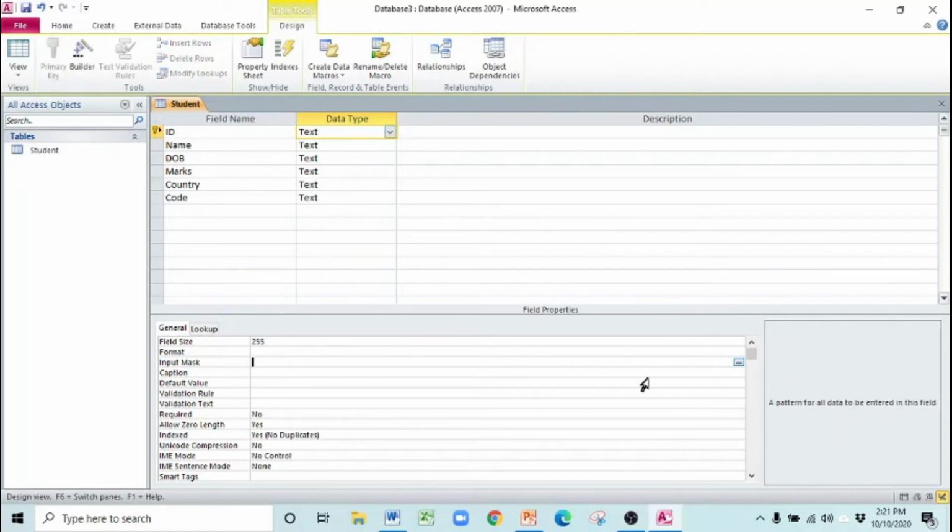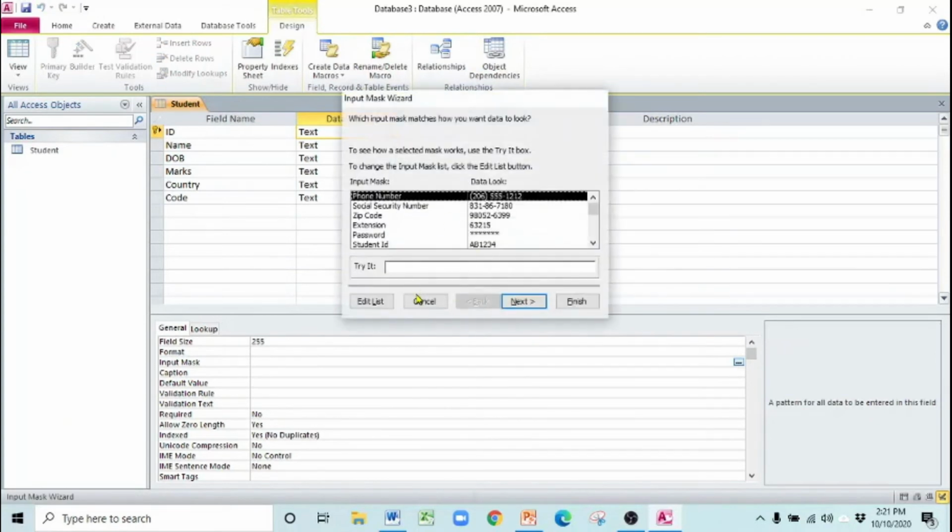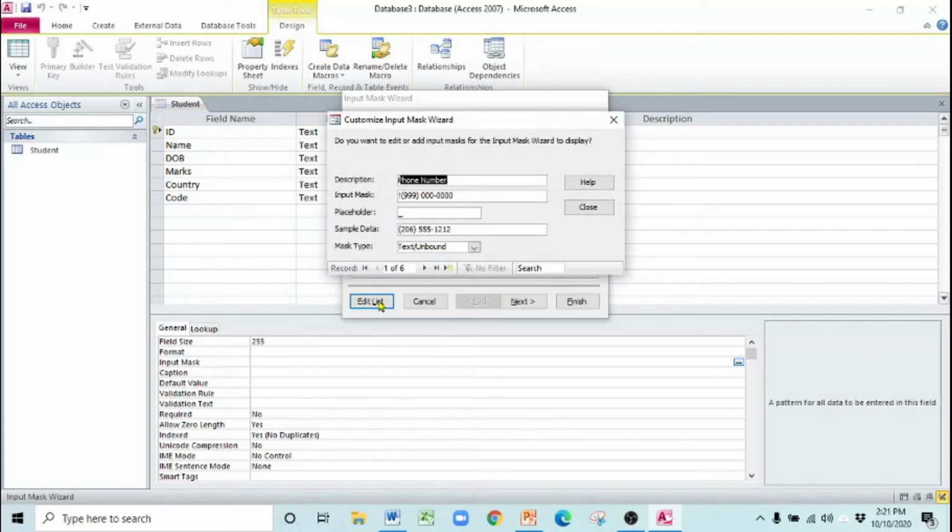Go to input mask, click over here, save it. Okay, you can edit your list by yourself. If you are using one that is already available, then you can use the default. Otherwise, if you want to edit yourself, go to the blank cell, the last one. Which one do you want? Suppose ID student. Okay, what is the input mask? Means what format you want. I want first 3 letters and next 3 digits, L for the letter and 0 for the digit.